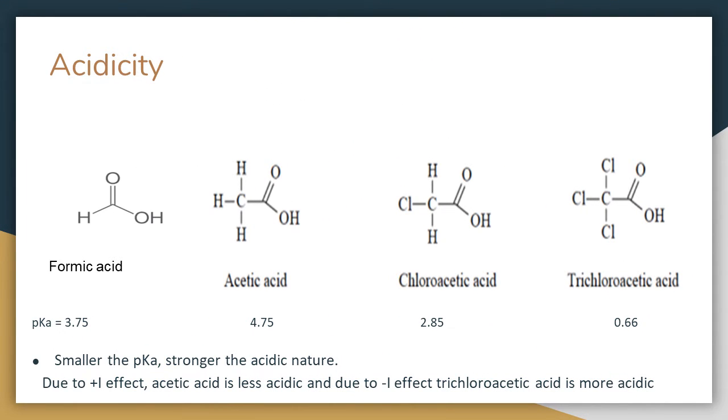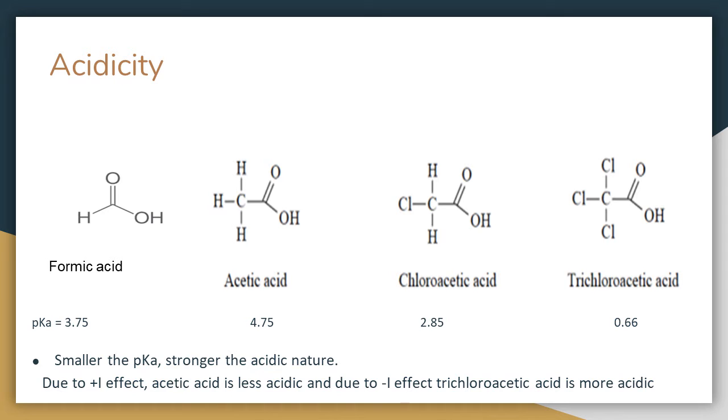Now let us see about the acidity of a molecule based on inductive effect. If we compare formic acid and acetic acid, formic acid is more acidic in nature compared to acetic acid. The reason is that in acetic acid, we have an electron releasing group, that is the methyl group, which releases the electron and causes plus I effect. Because of this, it is very difficult to remove a proton from the molecule